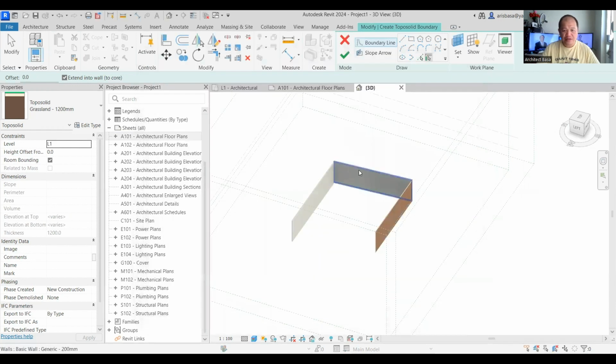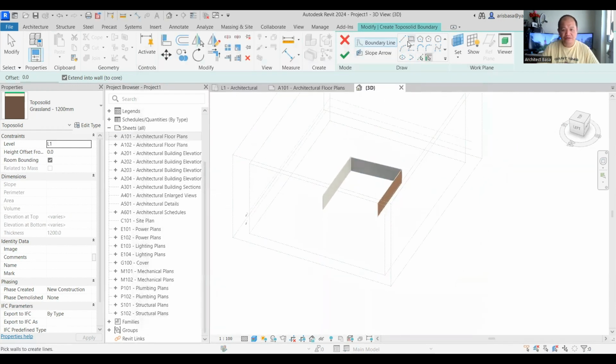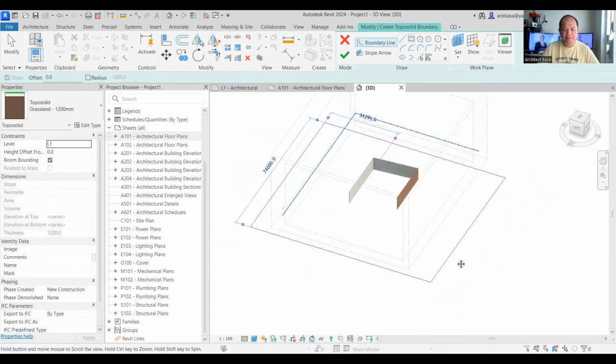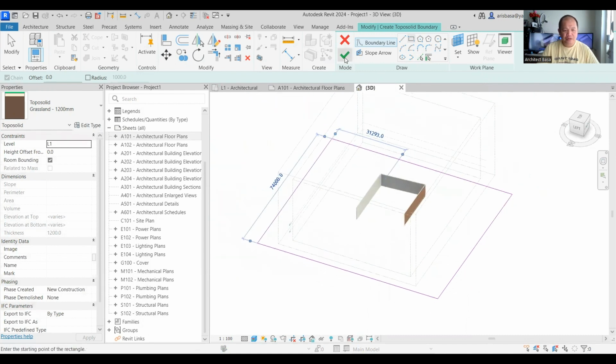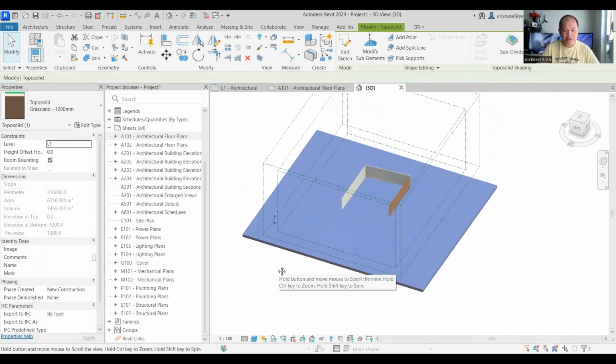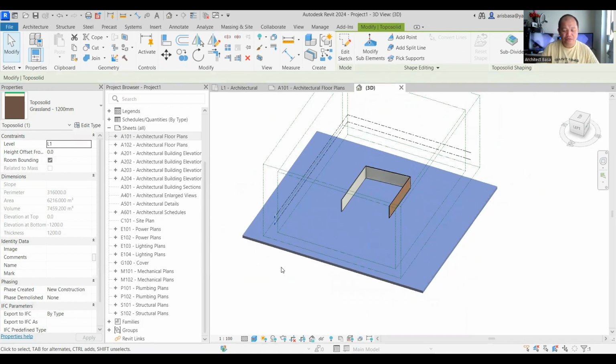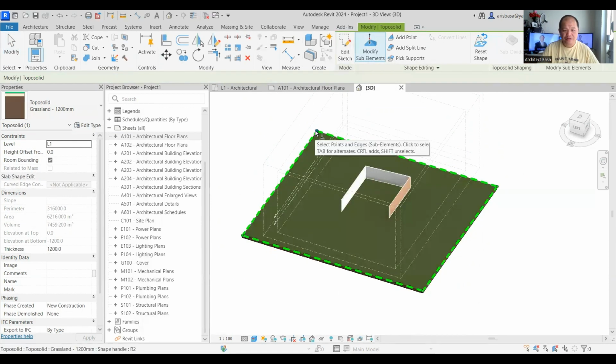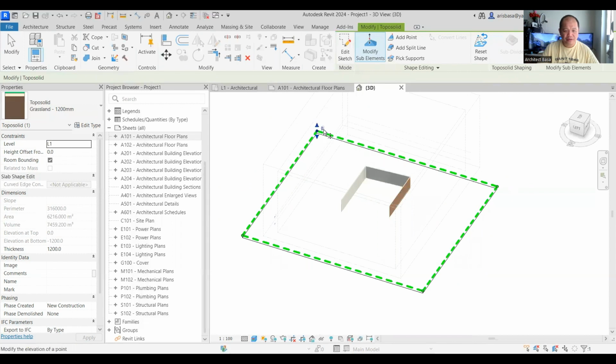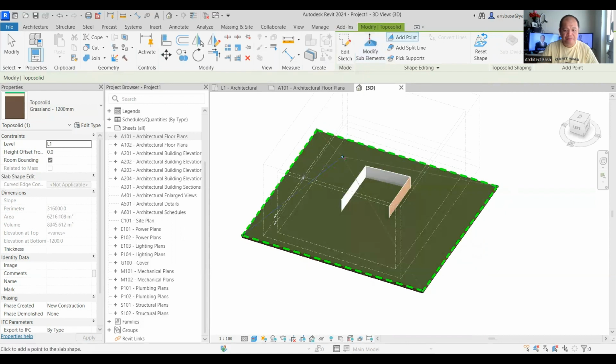Okay. So it's now like creating a floor. I'll just use a rectangle to create my composite. Now I'll click check. What happens now is it behaves similarly to a slab where you can modify some elements. If I click this, I can adjust this and make it higher. I can make it like 500. It will be higher there, and I can add point. I want to add a point here, there,